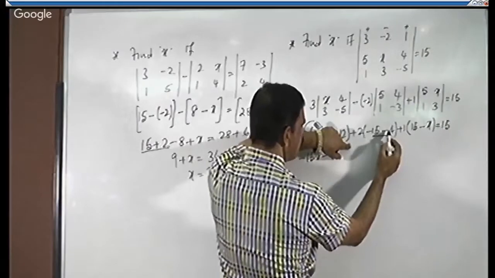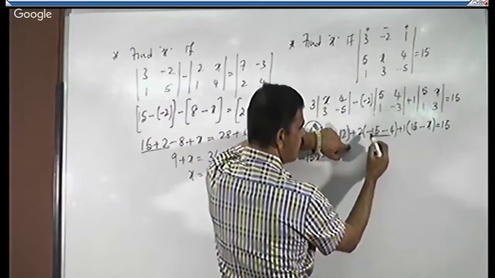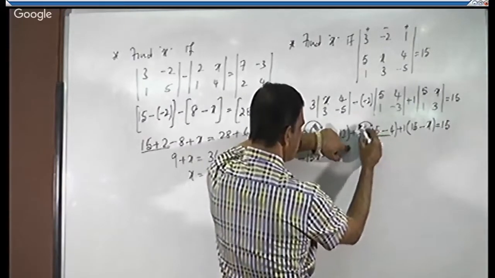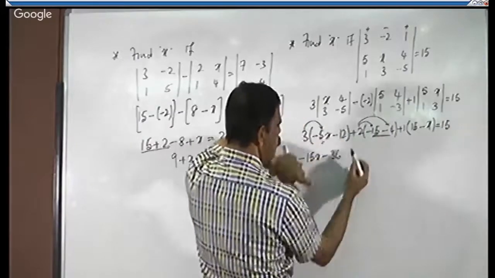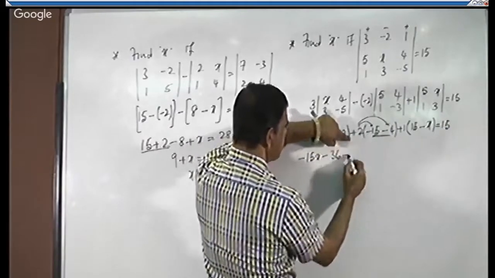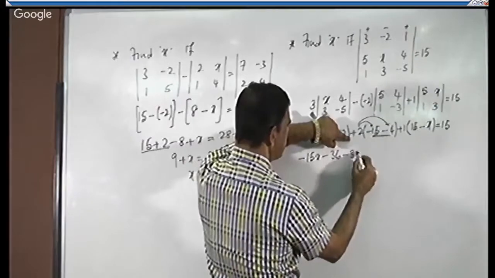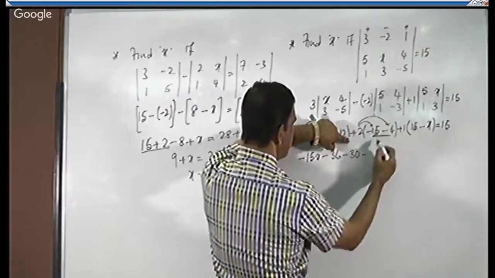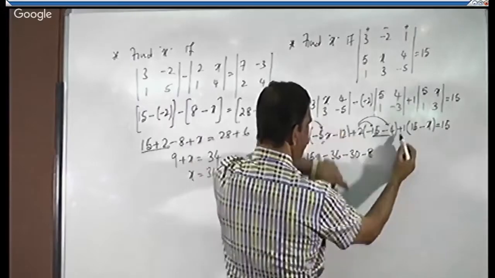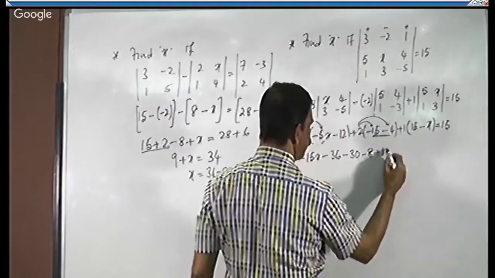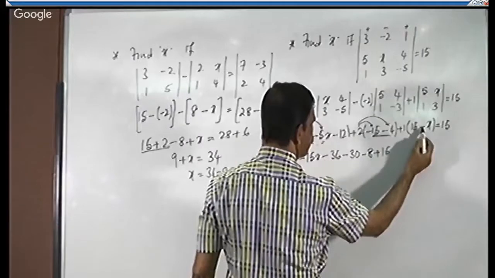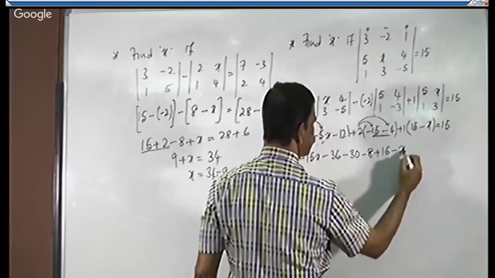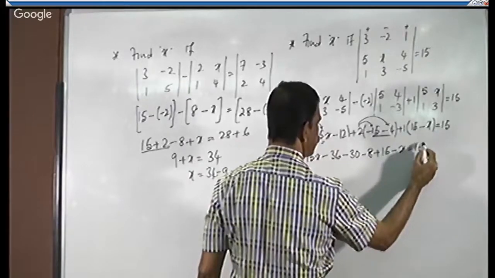It is minus 19, then you can multiply it, or otherwise you can multiply separately. You will get the same answer. Plus into minus, minus 15 into 2, 30. Plus into minus, minus 2 into 4, it is 8. 1 into 15, 15, plus into minus, minus 1 into x is equal to 15.